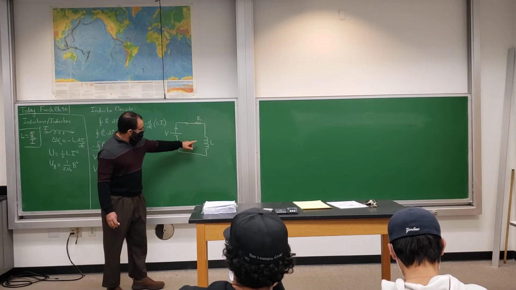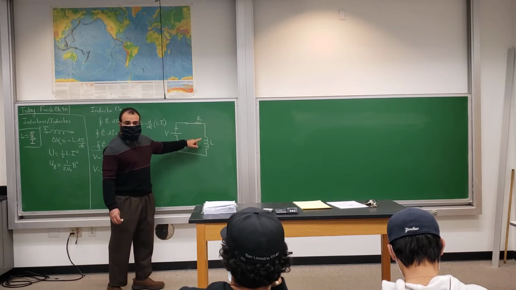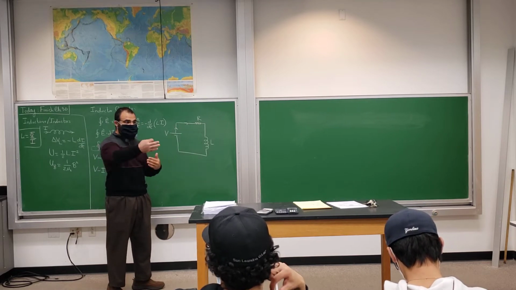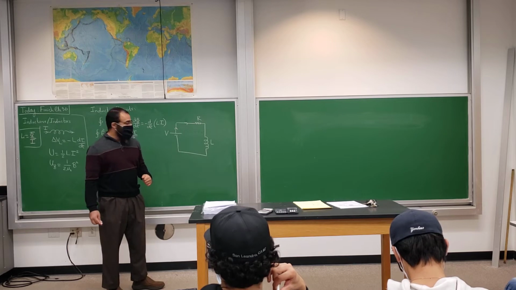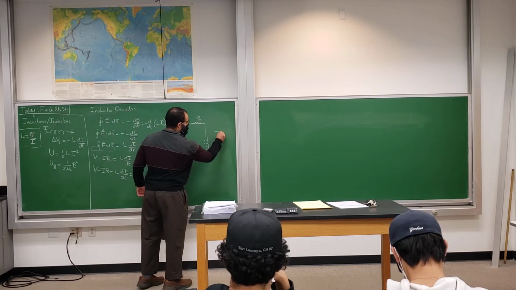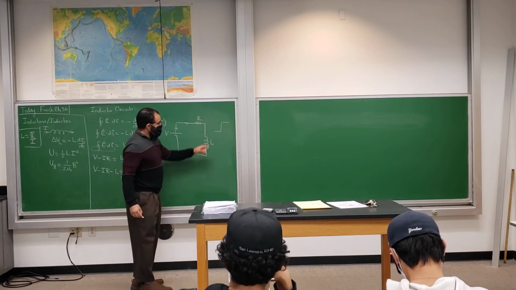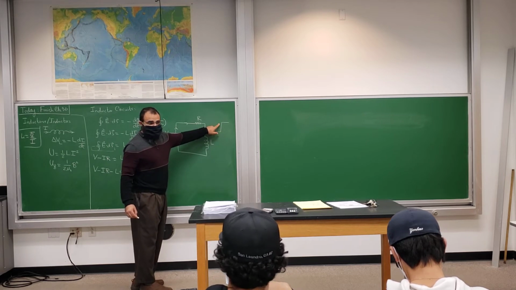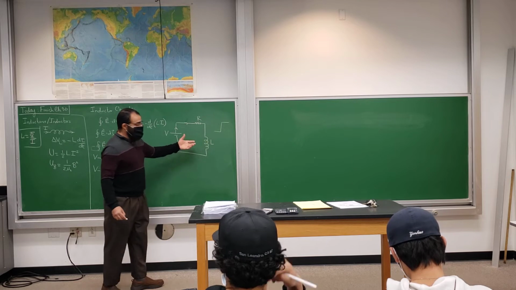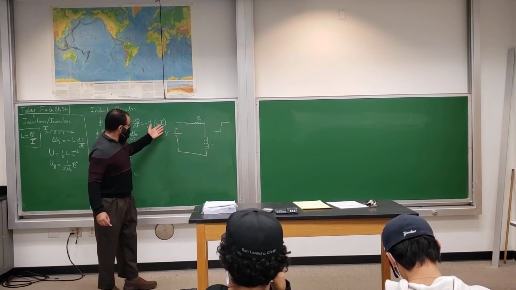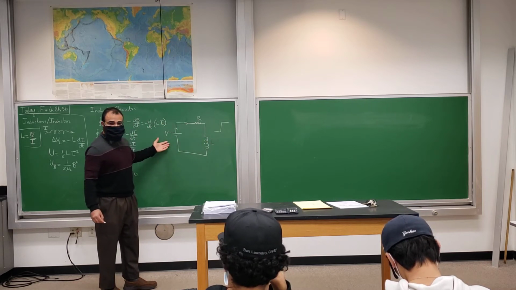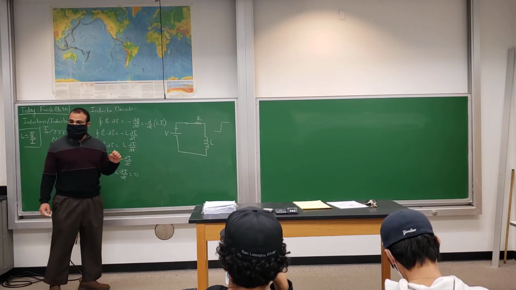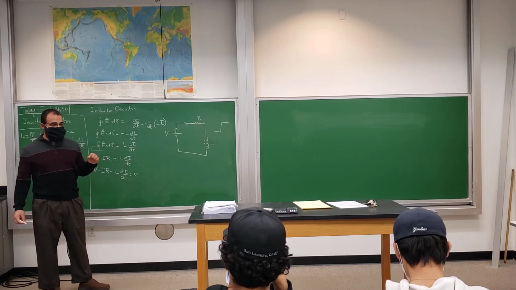The other way to think about it is, if the current jumps from 0 to some number when you close the switch, that's a step, and that's an infinite derivative. The L dI/dt will be infinite. So the potential difference has to be infinite. Do we have anything that's providing us with an infinite potential difference? There isn't. So long story short, the current has to start from 0 and then grow when you have an